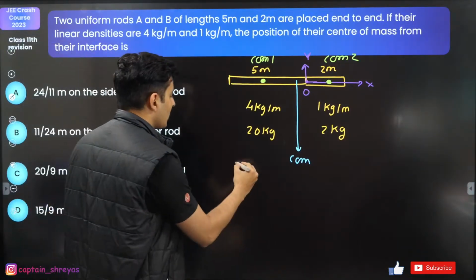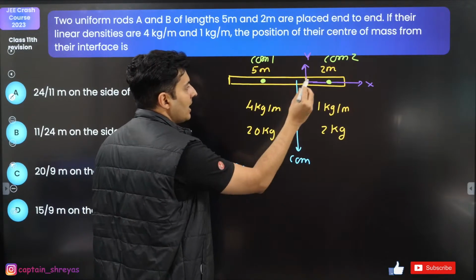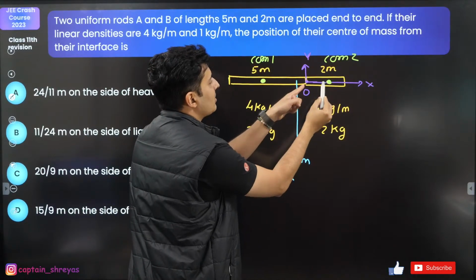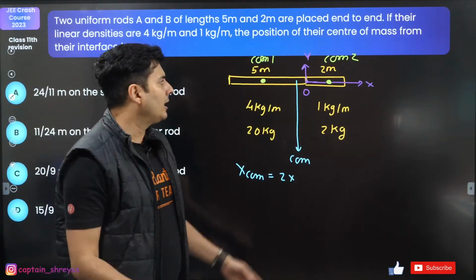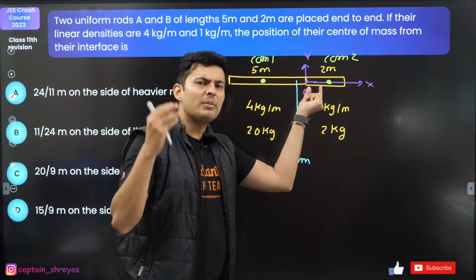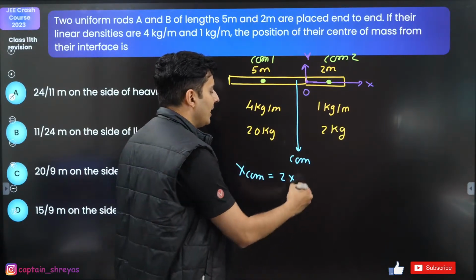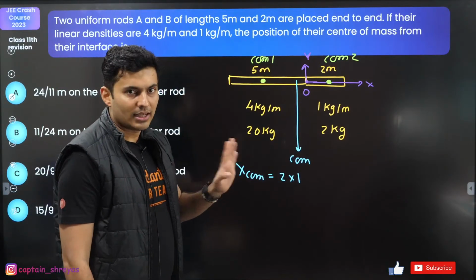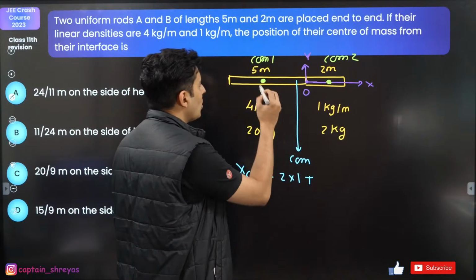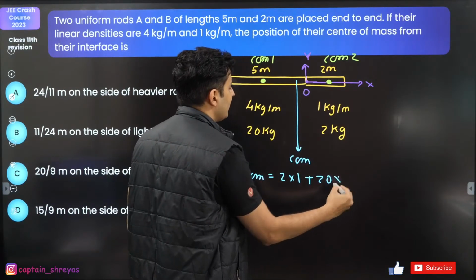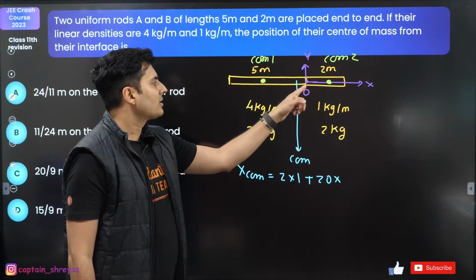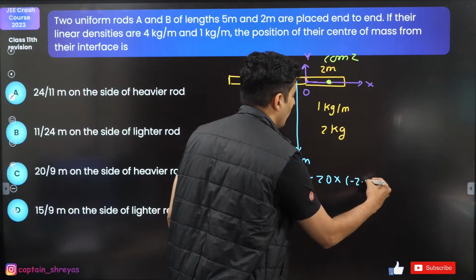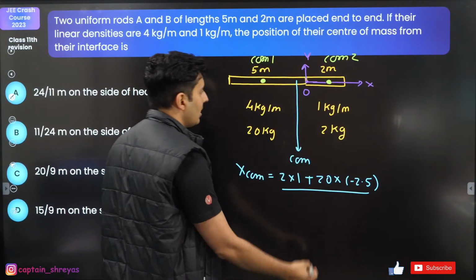How? Observe. The x coordinate of the center of mass will be m1, which is basically 2, into x1. From this point to this point, how much is this distance? You only think and tell me. The rod is of 2 meters. Center of mass will be exactly midway, no? So this will be 1. Everybody understands why it is 1? So m1 x1, that's the first term, plus m2. m2 is 20. x2, what is x2? This was 5 meters, so this is 2.5, but on the left side, negative side. So minus 2.5. The whole thing divided by total mass.